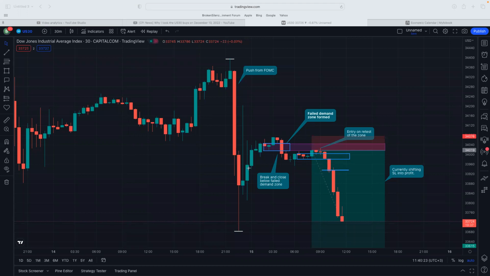We can see that that close is also a break below this wick here. So that means we still have momentum to the downside. And the momentum is progressing because, as you can see, the moment we start breaking below and closing below, that means we have a lot of momentum. So right now we are picking up momentum. We are forming wicks, and then we are filling the wicks. And not only are we filling the wicks, but we're also pushing to the downside. Currently, we are having the same instance again of price forming a wick and then filling a wick.